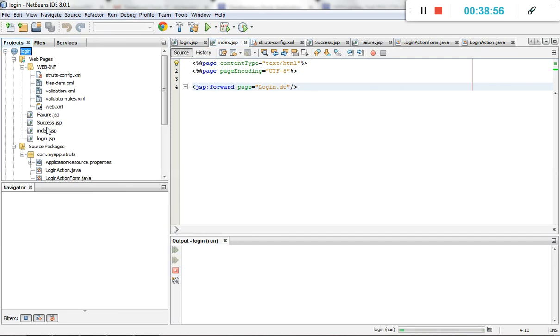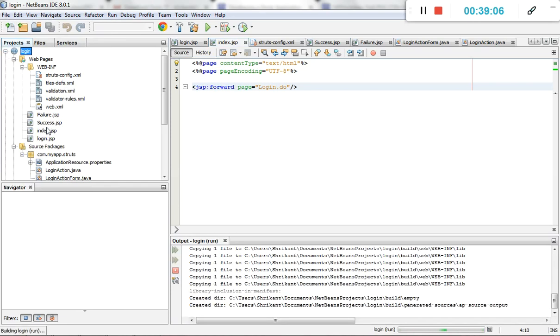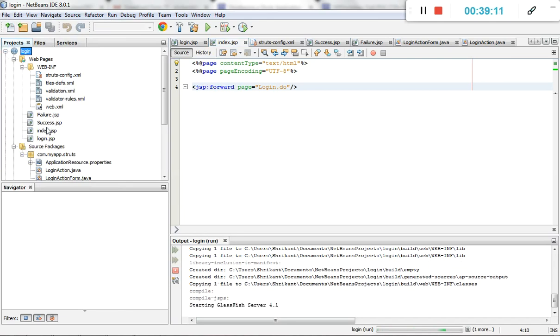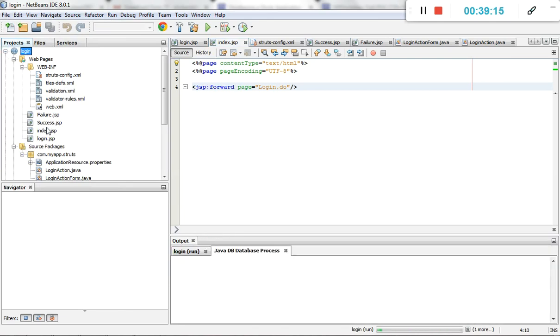Let's run. It comes with some page with the help of localhost, and it shows on the browser. It's running the file with the help of the Struts.